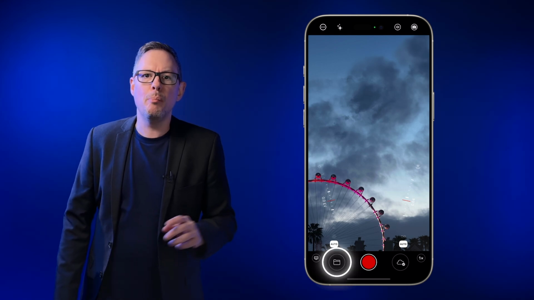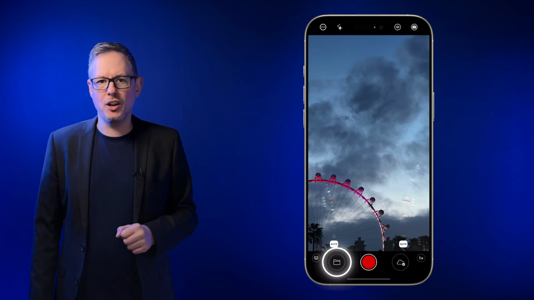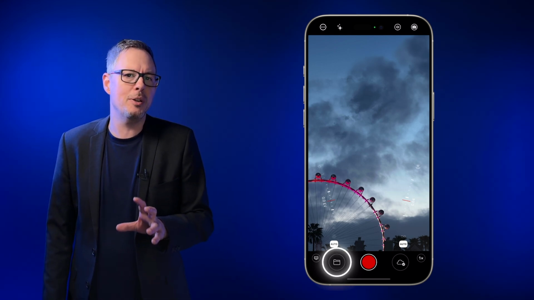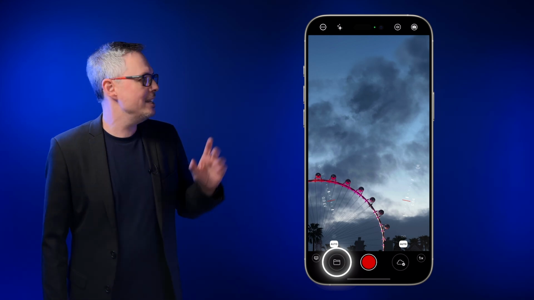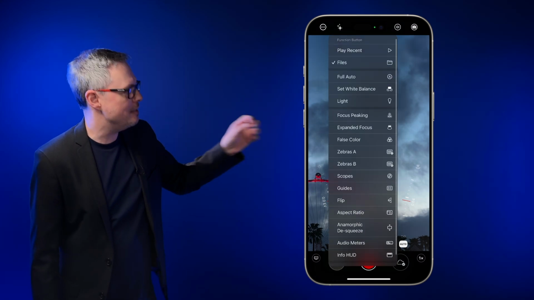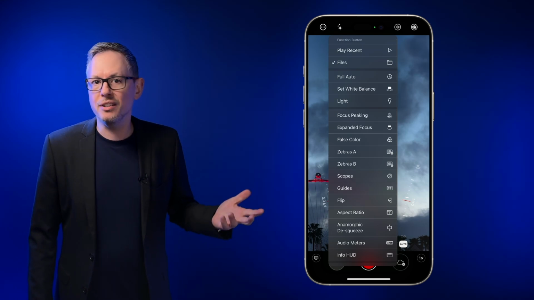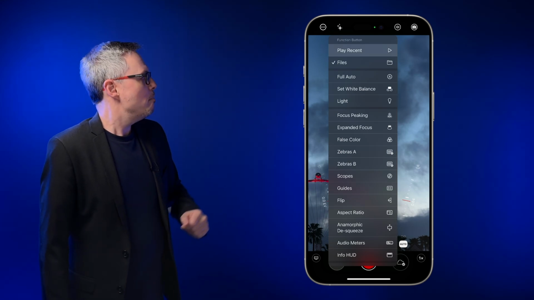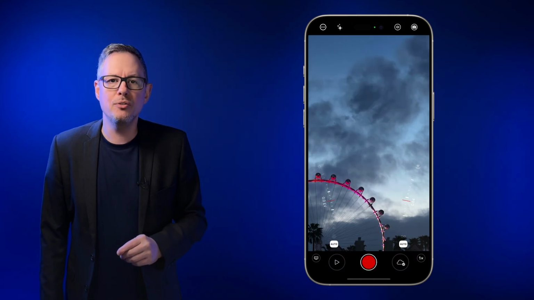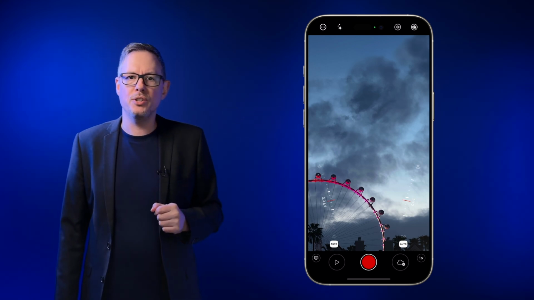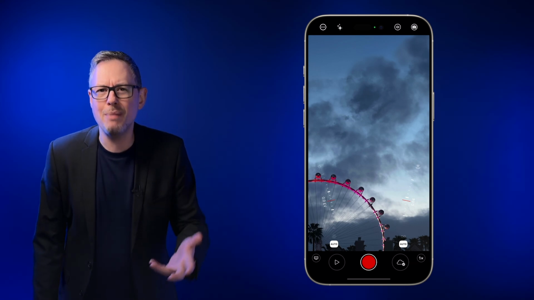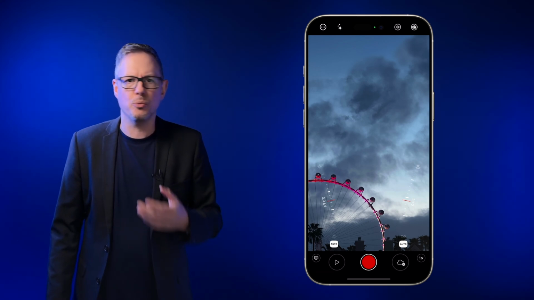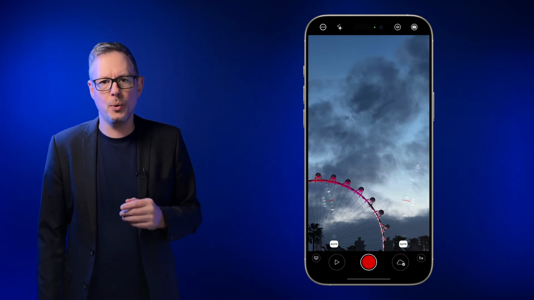So first, let's start by looking at the on-screen function button. Now, this isn't just designed to be configurable, it's designed to be configurable quickly. So all you have to do is long press on that button and you'll get this menu. Then I'm going to select, on this occasion, Play Recent. And the reason I'm going to do that is because currently I'm shooting in portrait. Now, when I shoot in portrait, I'm really about automatic. I'm really about fast shooting. I just want to record and review very quickly.